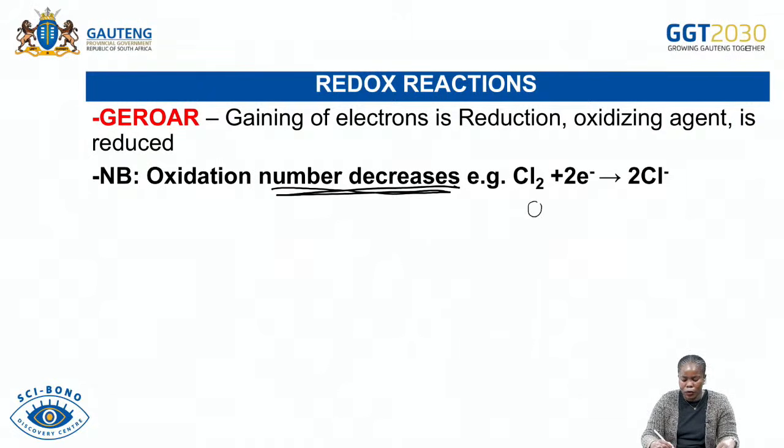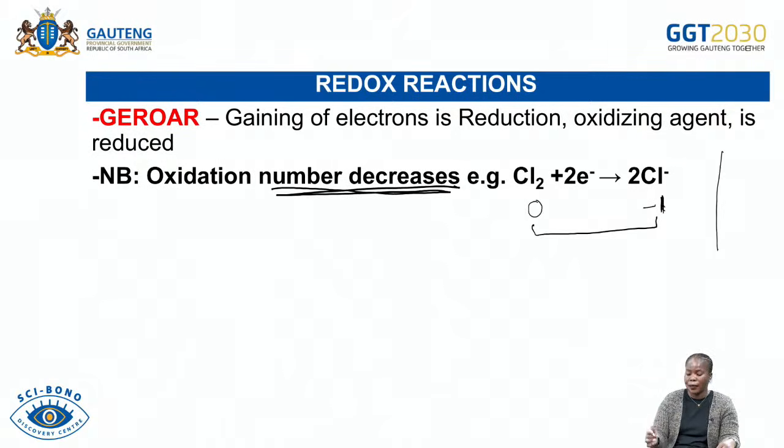It was a 0. All right, and then over here it is -1. So from a 0 to a -1, there's a drop. I like putting it in a Cartesian plane so that it is very clear. So from a 0, which is in the center where the lines are intersecting, and then to a -1. So this is a drop in the oxidation number. Okay, so oxidation, there is an increase in the oxidation number, and then reduction, there is a drop in the